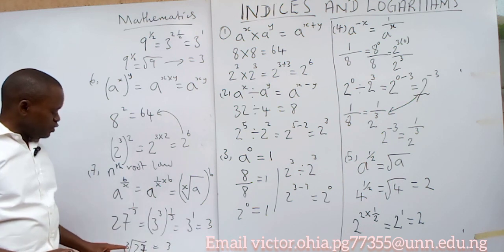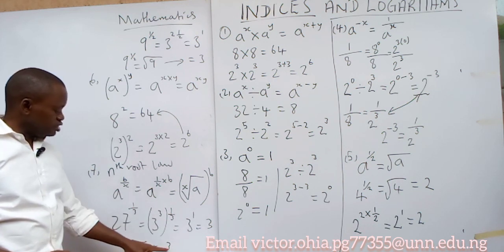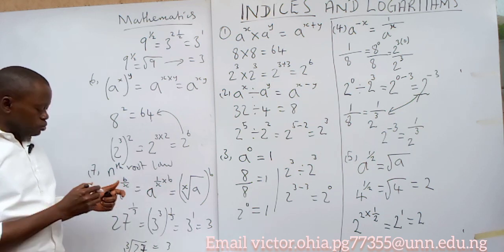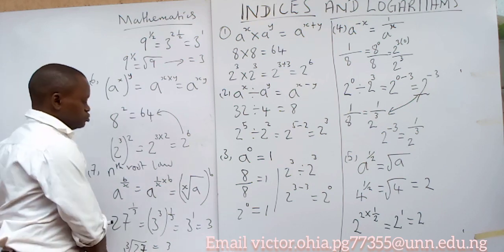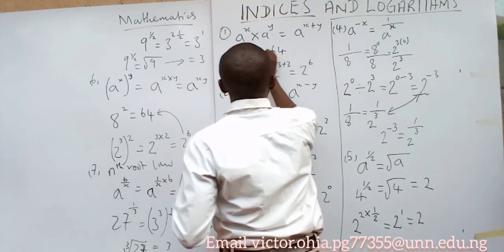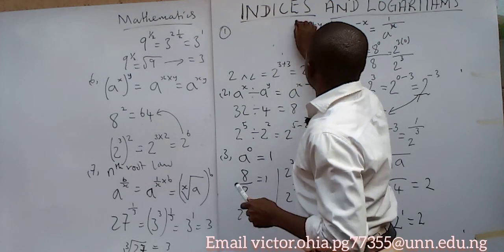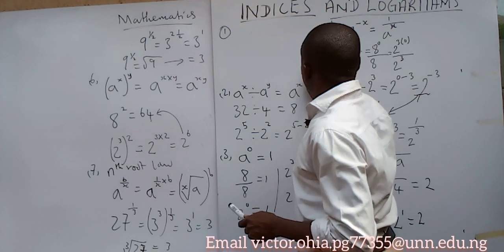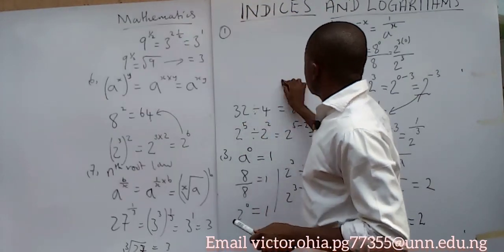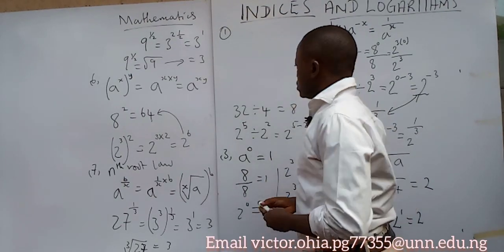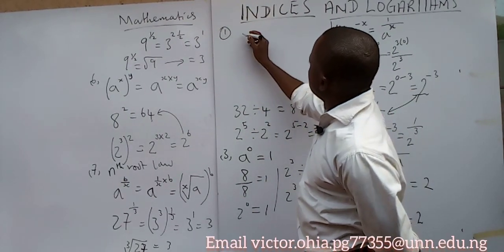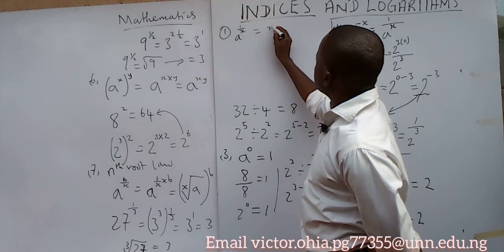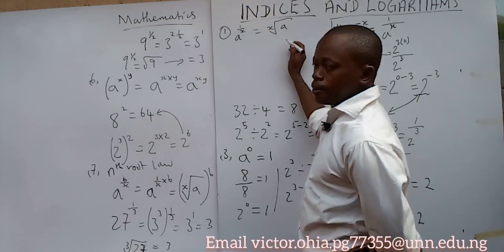is 3. And if I take cube root of 27 and it gives me 3, then if you come here, you will conclude with me or accept what I'm going to tell you, that when you have a raised to power 1 over x that is equals to x root of a,